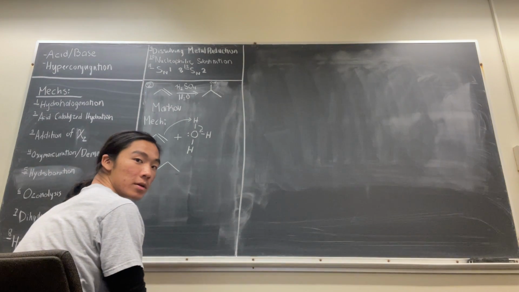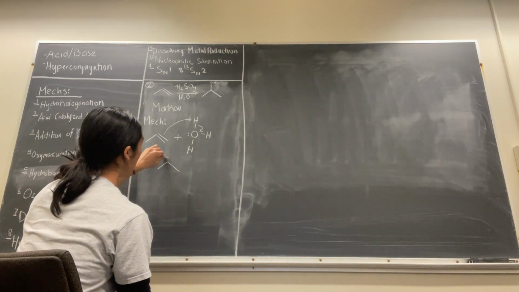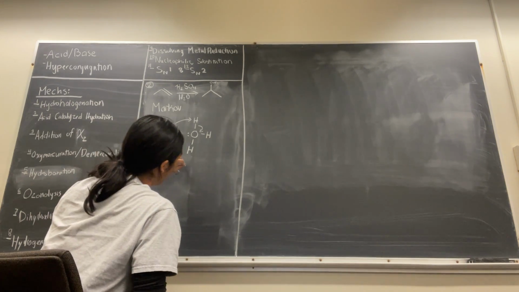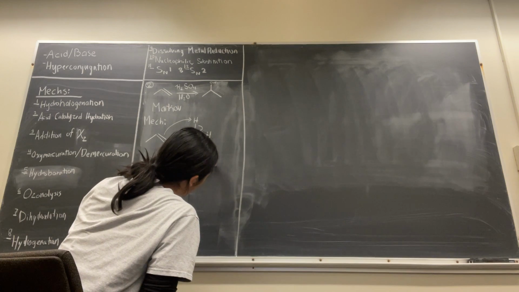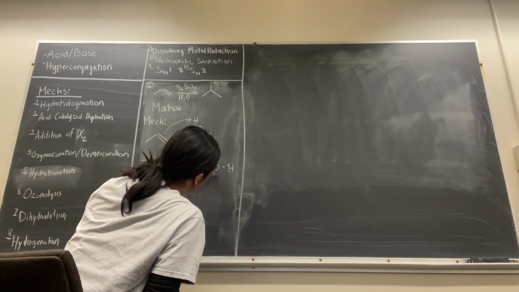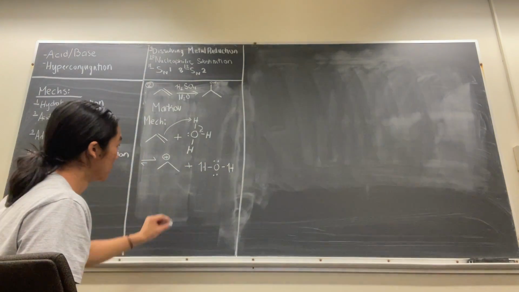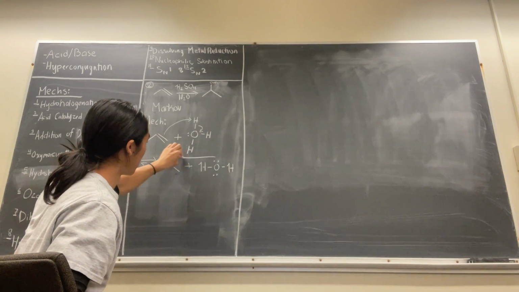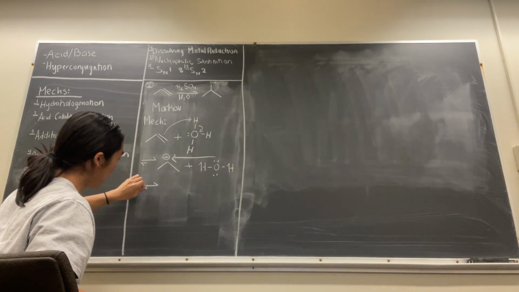We have another case of Markovnikov, and we're going to have the carbocation right here. And then we have H, O, H. And there's another way we can restabilize this again, with this lone pair over here,